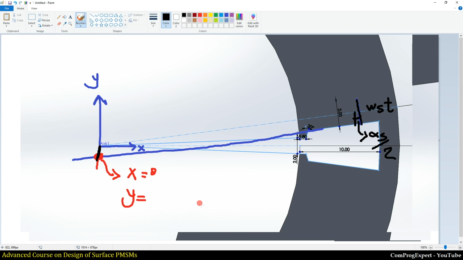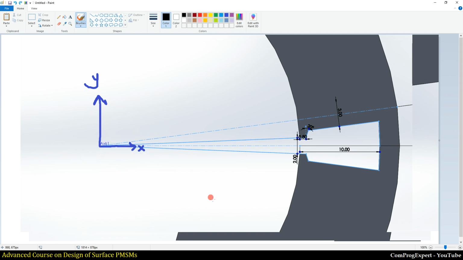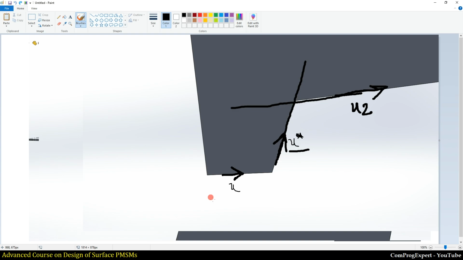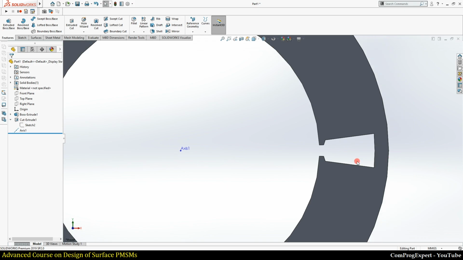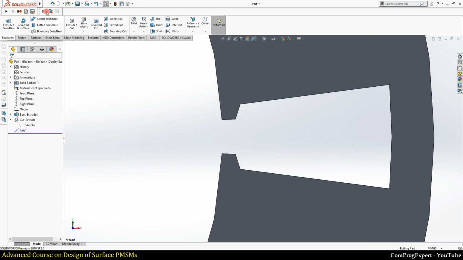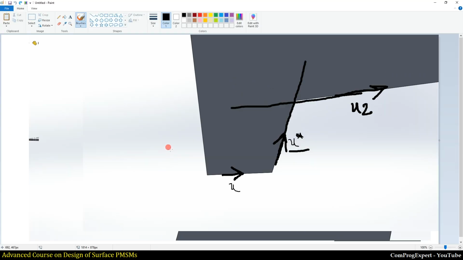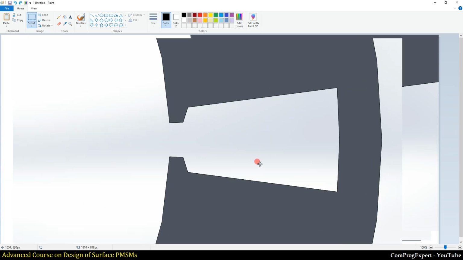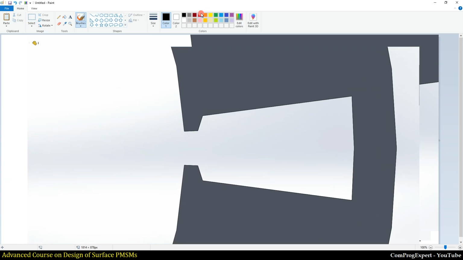This is the point number 4. Let me find the corresponding image. This is the point number 3, this one. This is the point number 4.